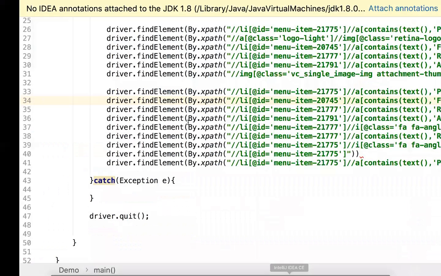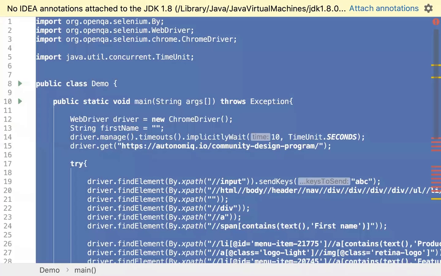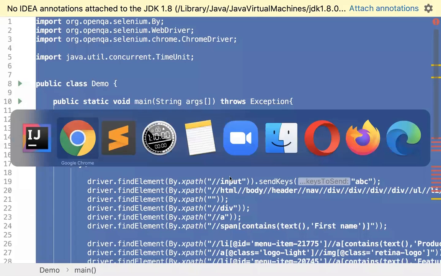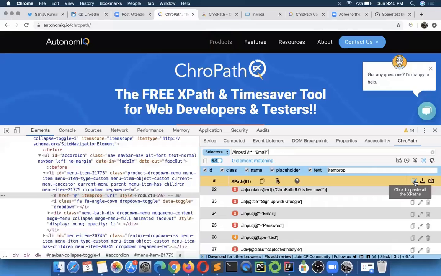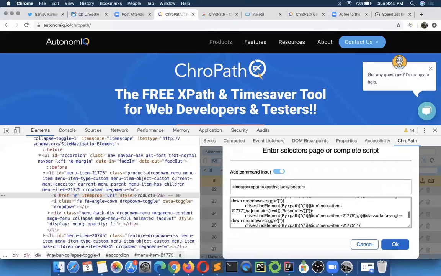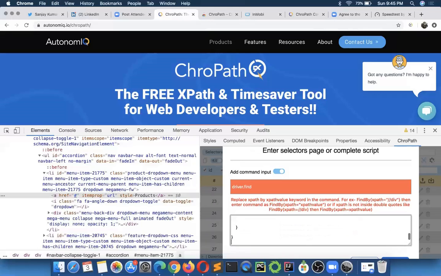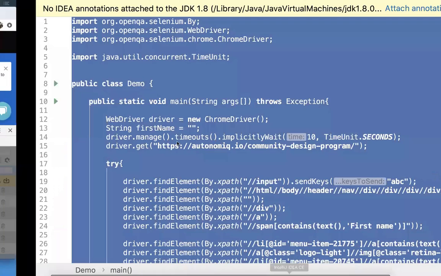And if you have some kind of script like this, you do not need to worry about the import statements, class and all. You just copy the complete thing, come here in ChroPath, click on smart maintenance, and paste everything. Here our XPath command is driver.find element, so you type driver.find element, or better just copy it from here.